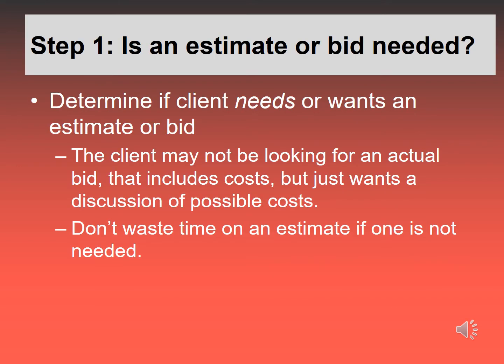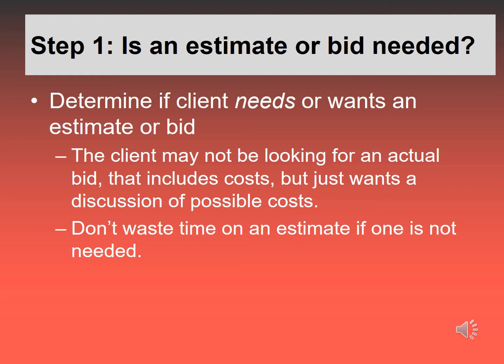So when you approach a job, a client calls you or one is referred to you, and you set up a time and you go to the site and you look around and they describe what they want. One of the first things you need to do is just decide which is needed, an estimate or a bid. So you don't instantly go to how much it's going to cost and how much money you can do the job for. You want to find out, is this person just looking for an actual bid,